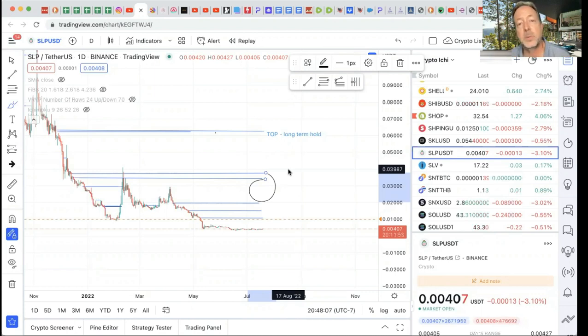Just add a comment down below and say, hey, Ryan, what do you think about this one? I bought in on SNX at this price. Do you think I should get out of it? Do you think I should sell? And I'll give you my opinion. Remember, it's not advice. It's just my opinion. It's what I see. And if I was stuck in on it and I was down below, I would analyze it and I would make a decision on what works for me. So anyway, I'll let you know what I see, what I think, and then it's up to you guys.